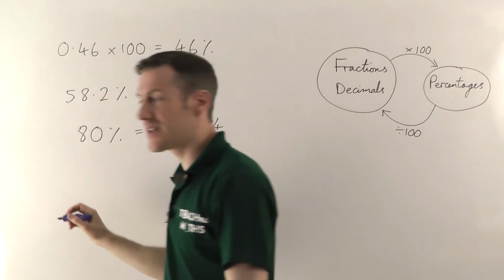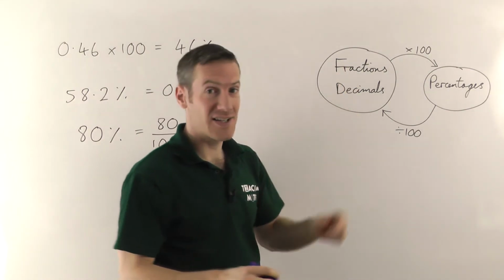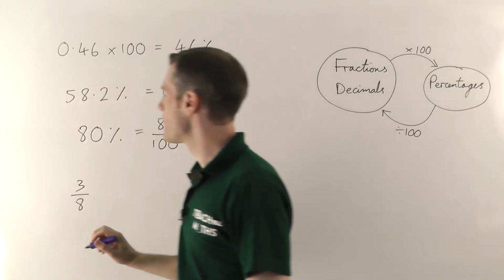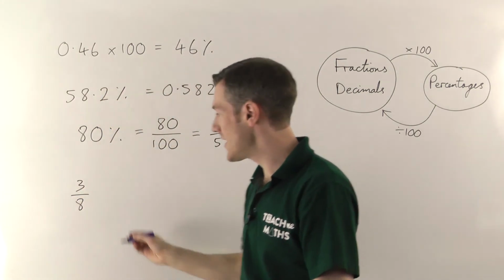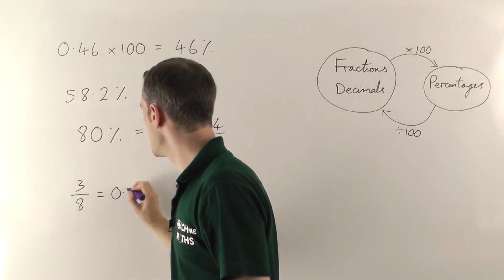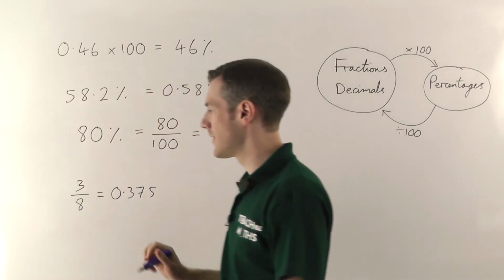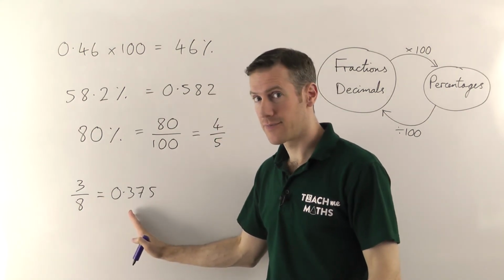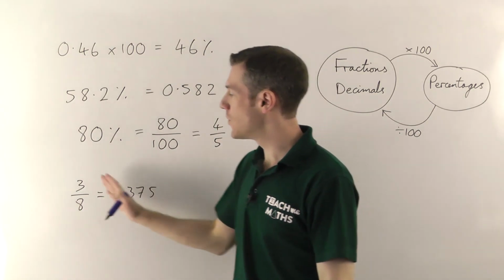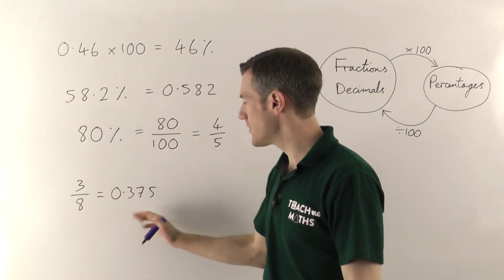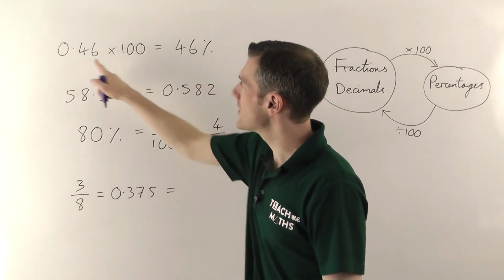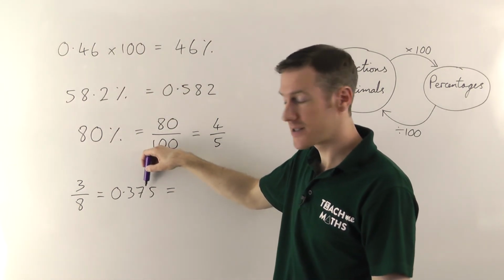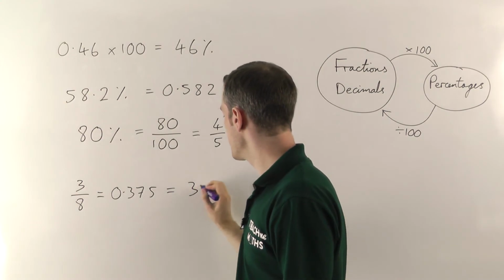Now when I did the converting fractions into decimals video, we had an example of 3/8. And we found when we converted that into a decimal, we got 0.375. If you want to know how to do that, as I say, go and watch the converting fractions into decimals videos. It's important that you know how to do that. But once you've converted the fraction into the decimal, to convert the decimal into a percentage, just like we do here, we multiply by 100, so we're going to move the decimal point 2 places to the right. So as a percentage, that will be